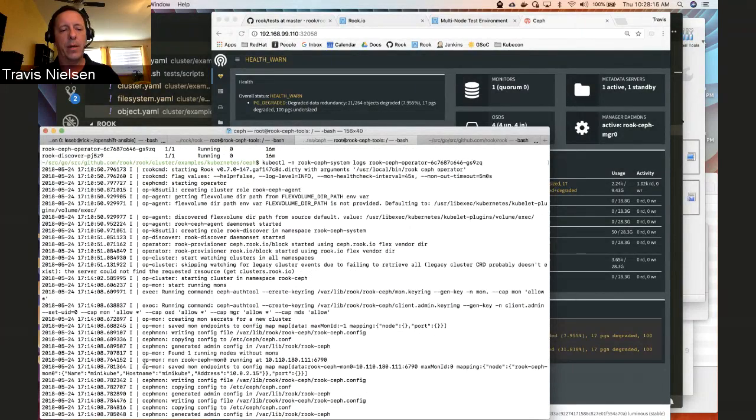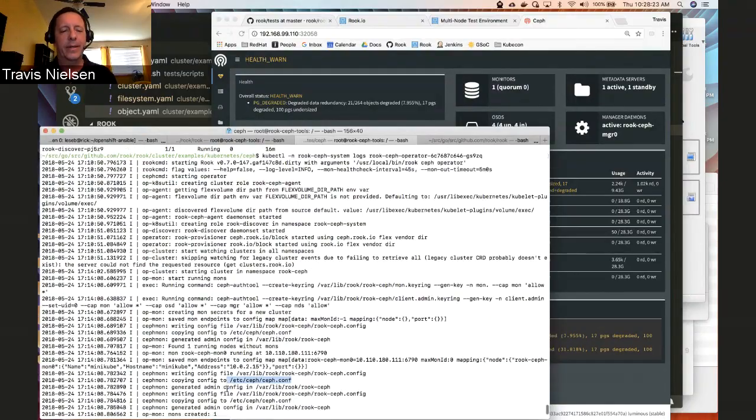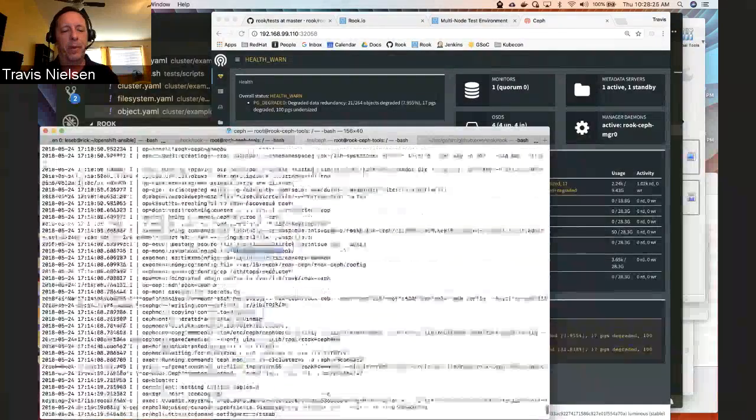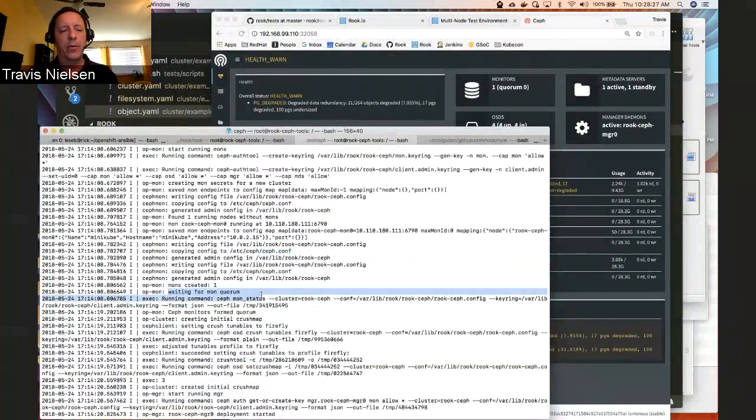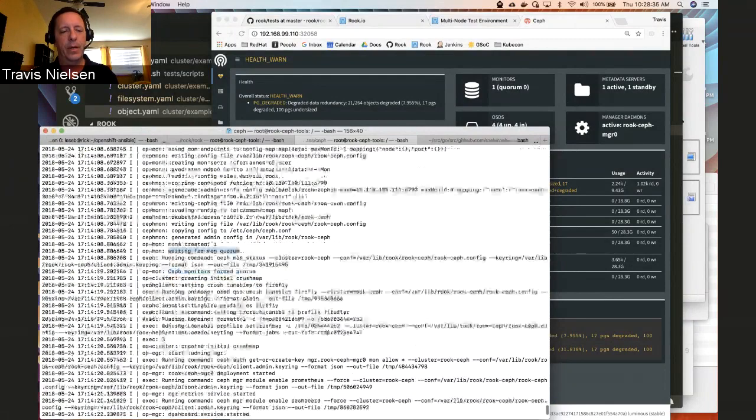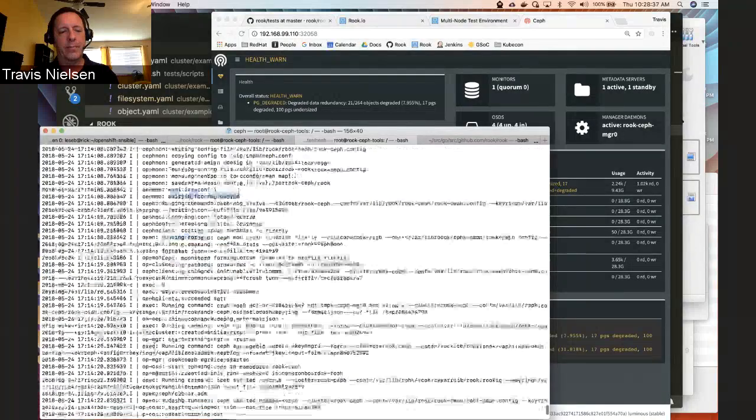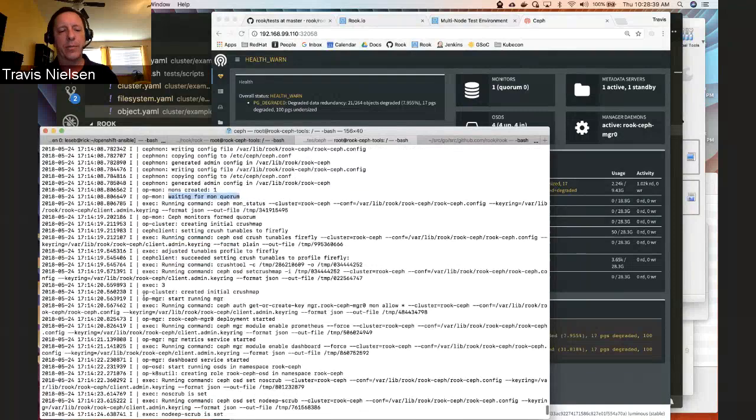Starting up a mon, generating config files for you in etc Ceph, so you don't have to worry about generating config files. Make sure we have mon quorum. If you have multiple mons, it will cycle through and make sure you have quorum and you maintain quorum. Initializes crush maps, and